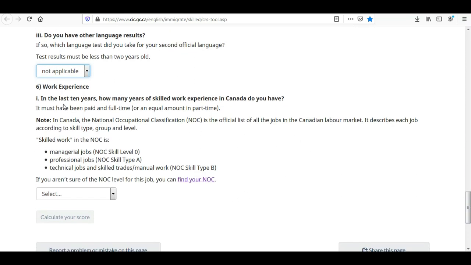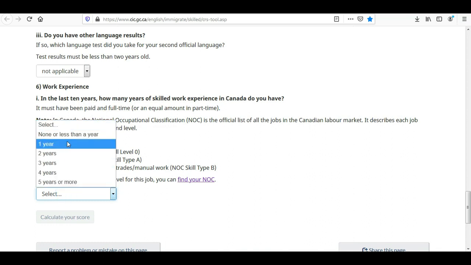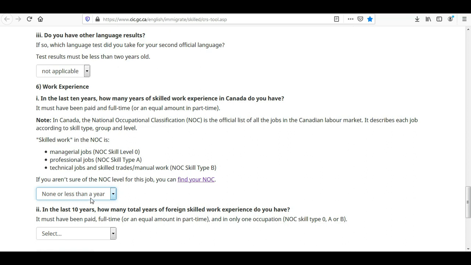Okay, then the next question is about work experience. In the last 10 years, how many years of work experience in Canada do you have? As we discussed, we are applying from outside Canada. We never visited Canada, so we do not have any experience in Canada. So let's select none or less than a year.